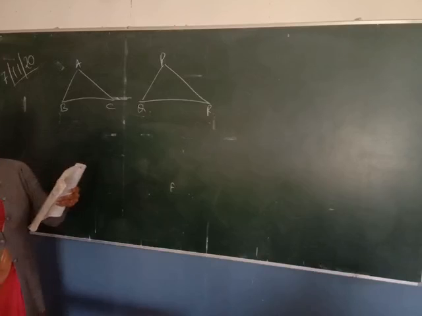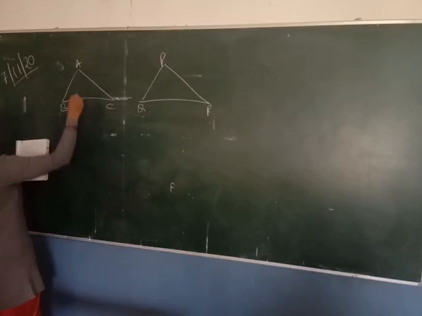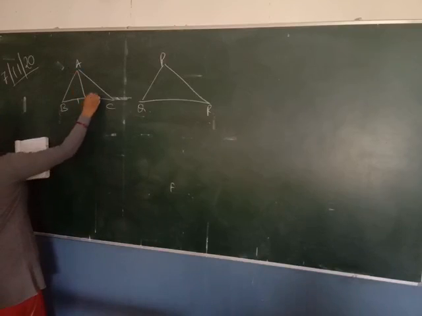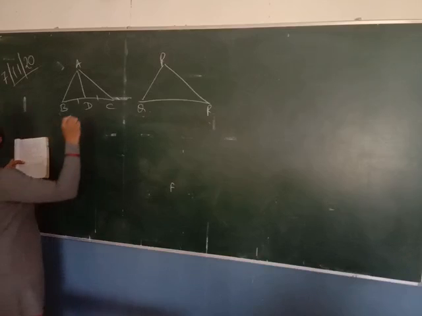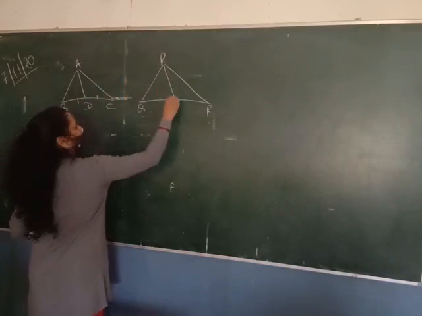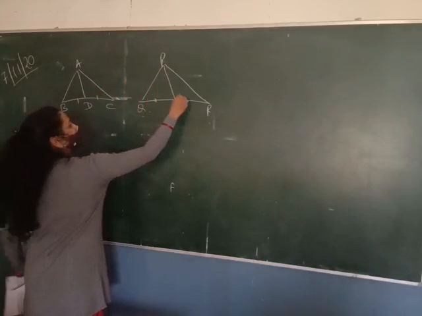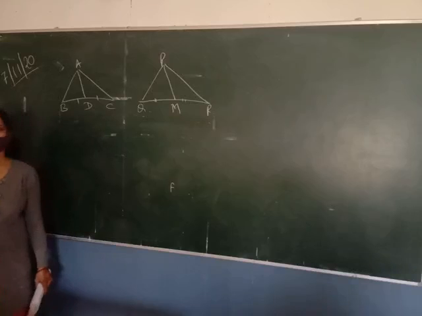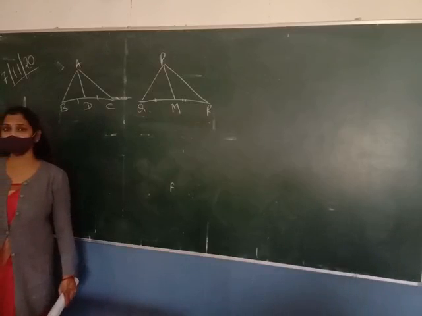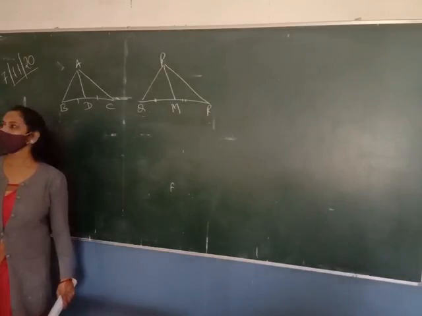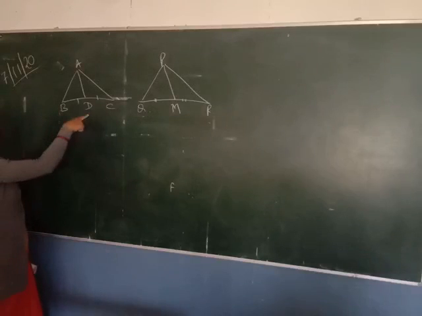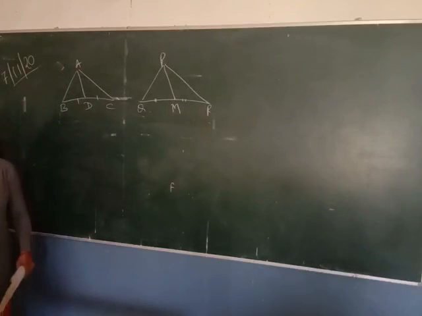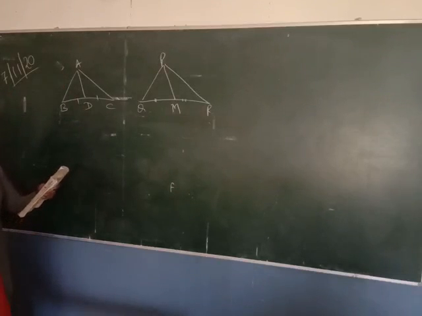Triangle ABC and triangle PQR, these are the medians. Median is when we join the vertex with the midpoint of the opposite side. If we take its midpoint and join it, we call it a median, no? So this is the median. So these are the medians of the triangle and it is given that